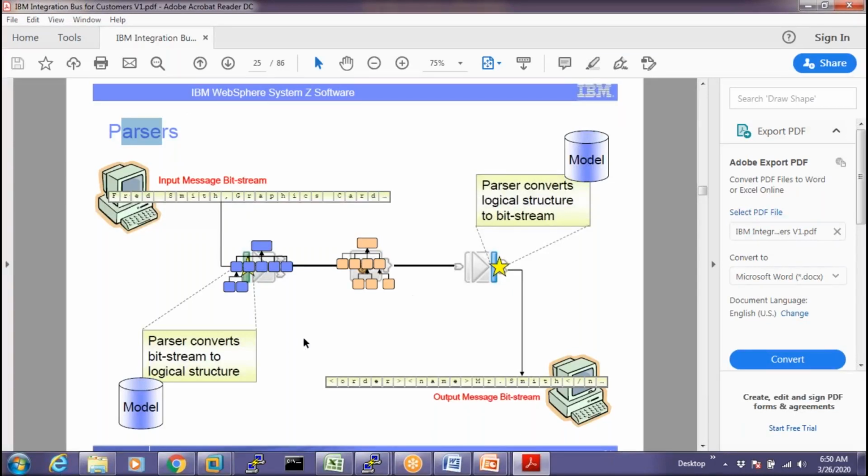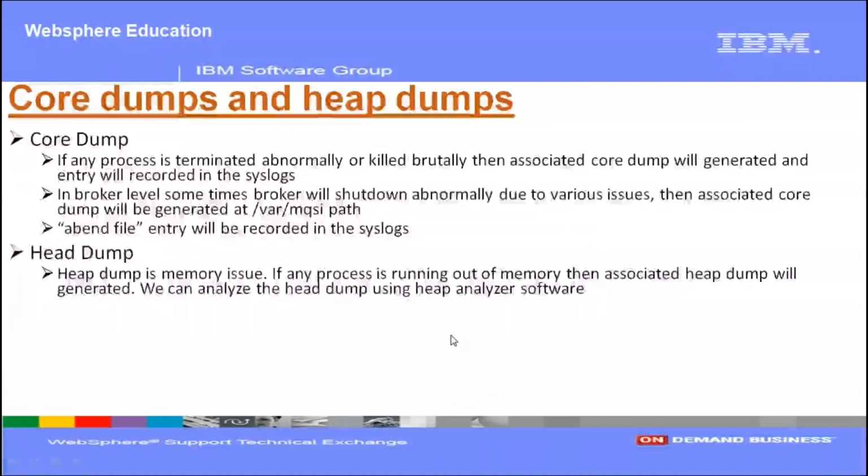So this is where the heap dump is going to be generated. Whenever a heap dump is generated, when we place that heap dump into the heap analyzer, we are going to understand when this data is this big and when it is converting the data, we got this heap dump. So we understand the situation now with the help of the heap analyzer. Heap analyzers are open source. You can download it from Google itself.